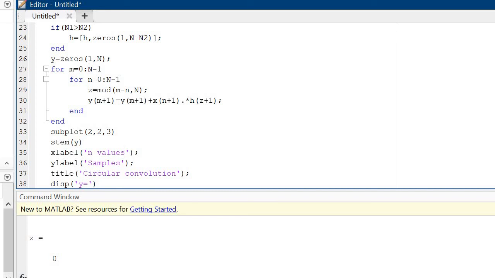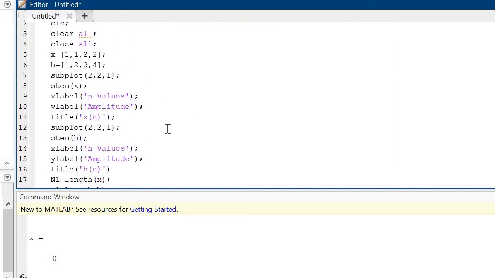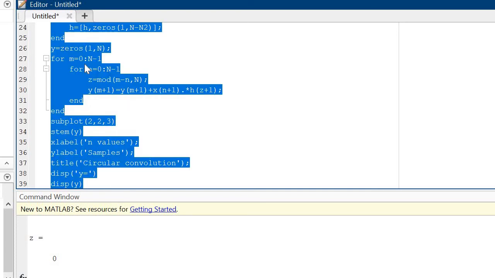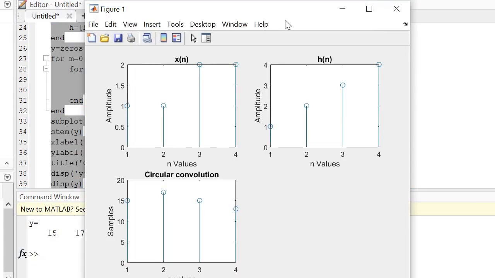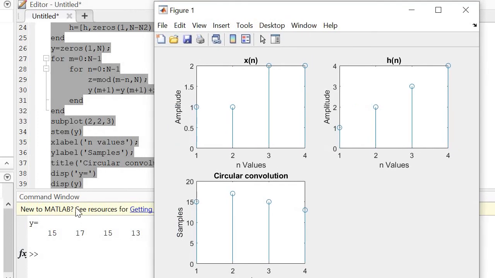Okay. Or this is 2. Correct. Now check out the answer. Okay. Now the answer is this one, 15, 17, 15, 13, and this one 15, 17, 15, 13.